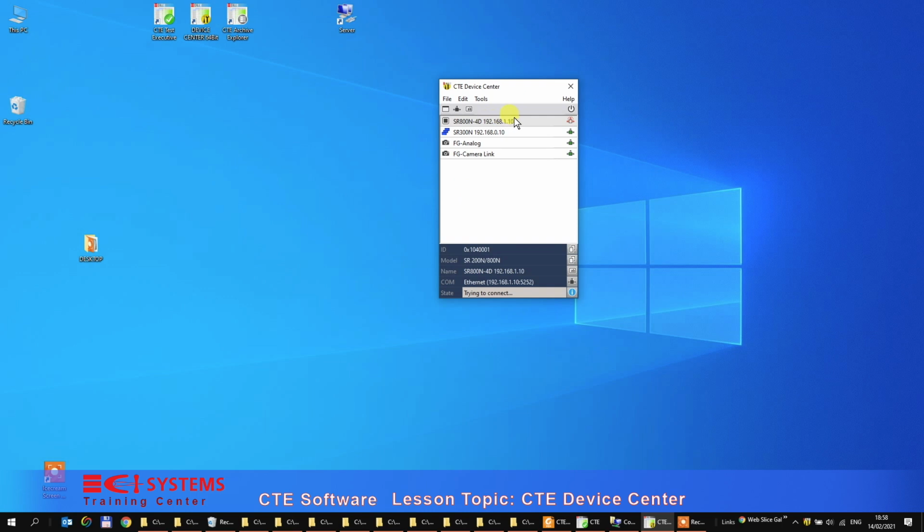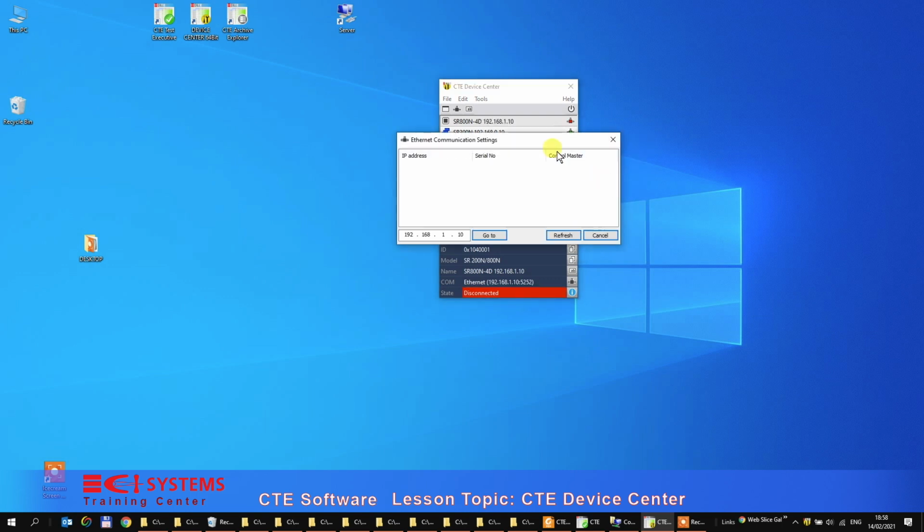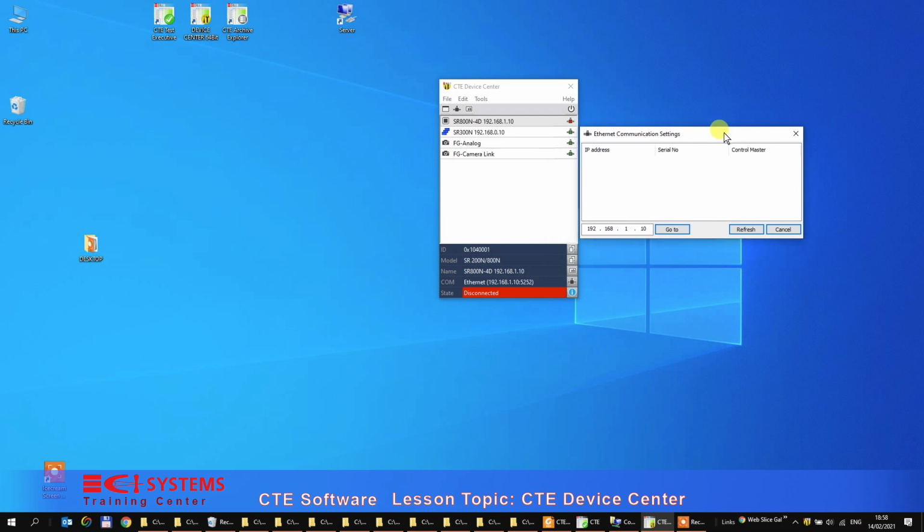For the SR800 or any device, in order to connect or communicate, you need to right click on the device and you have this little drop down, you see communications, and you can click here. You can determine what kind of communications. We're only going to talk about either Ethernet or serial or maybe virtual mode. But right now we've checked the Ethernet box, and once you click on that,